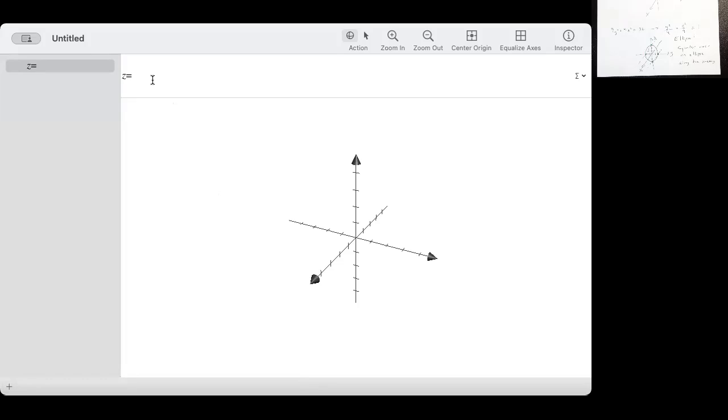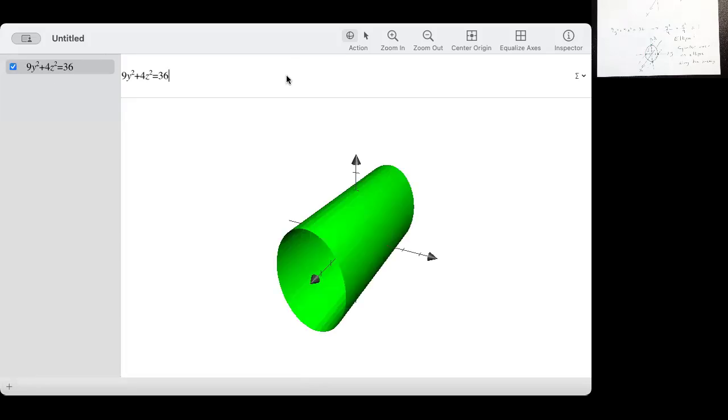Notice up here, it writes my equation, Z equals. I'm going to change that. Let's do the one we were just looking at: 9y squared plus 4z squared equals 36. And the computer knows what's x, what's y, what's z. It'll draw that. And you can clearly see the rulings